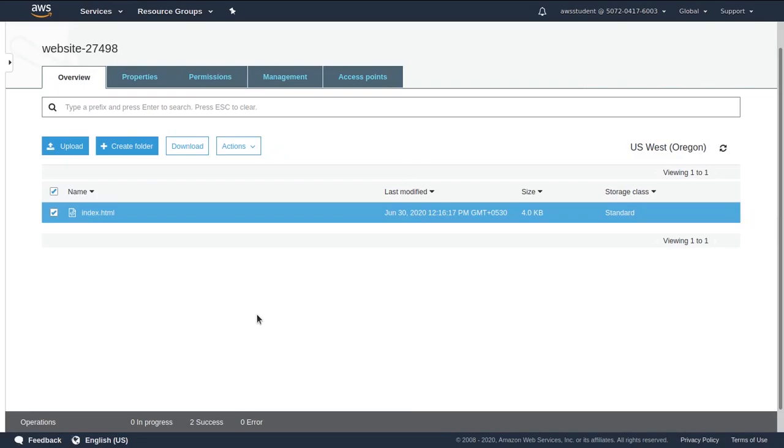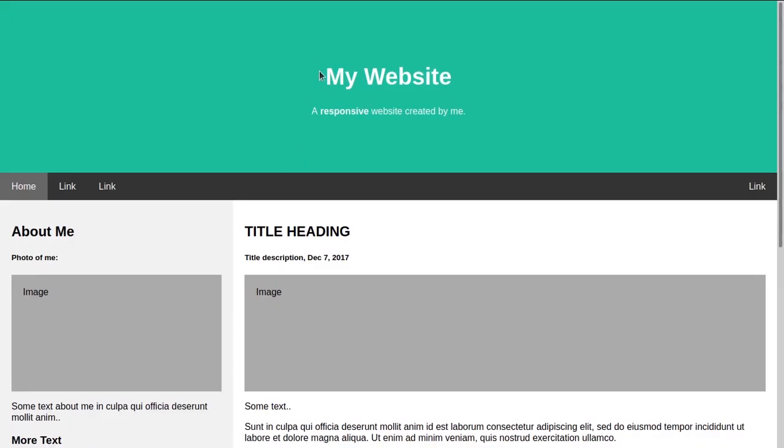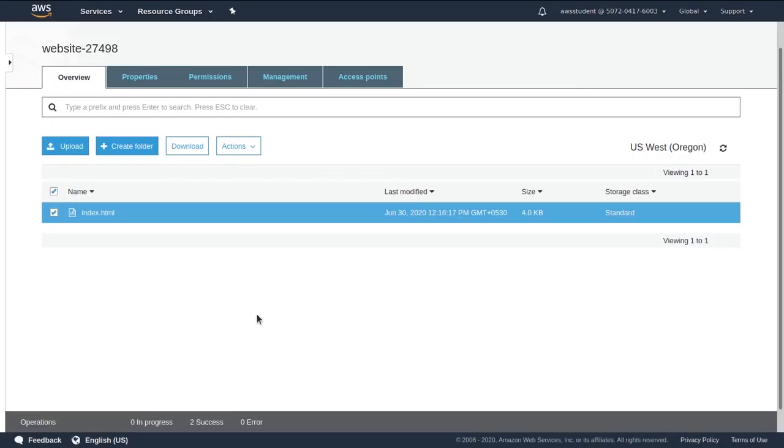For our final task, we need to update our website. You can make changes to the website by editing the HTML file and uploading it again to the Amazon S3 bucket. As we know, it is an object storage service, so you need to upload the whole file. This will replace the existing object in your bucket. It is not possible to edit the contents of an object. You must replace the complete object.